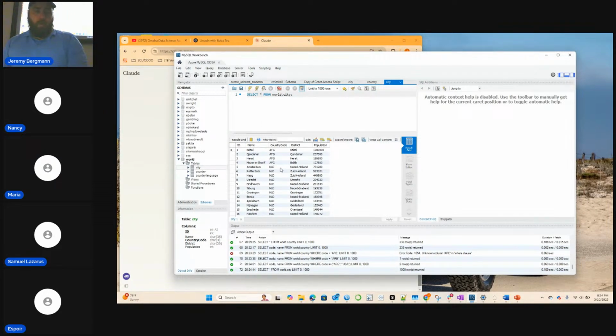For each country, we'll do each country code, sum of population, from world.city. And then we need a group by country code.